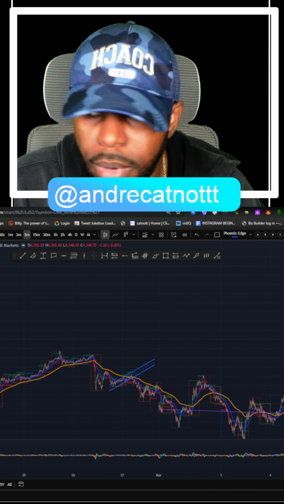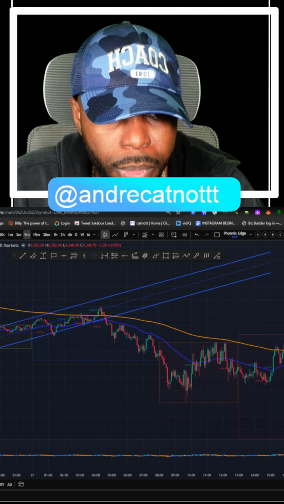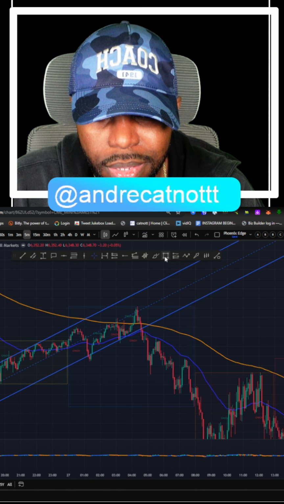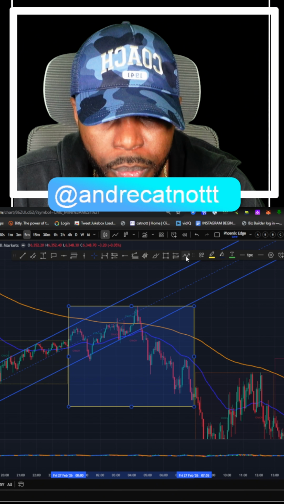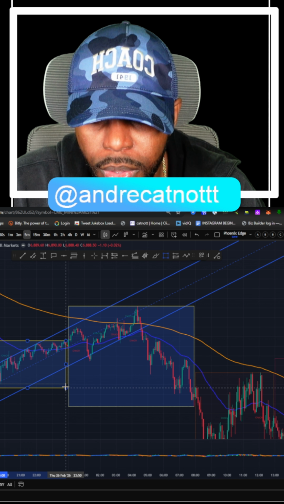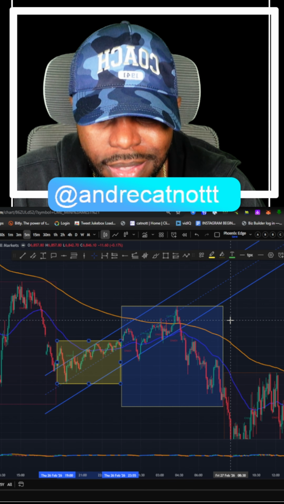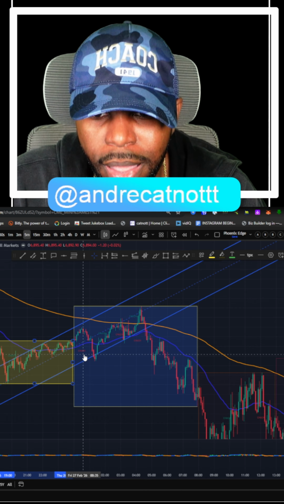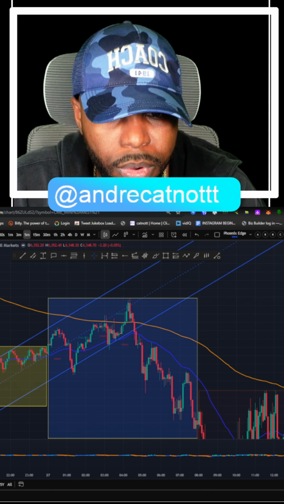Okay, I see our setup right here. Again, what I like to see is the current session sweep above the previous session. So this is the London session here. This is the Asian session here. Once I see the current session sweep above the previous session,